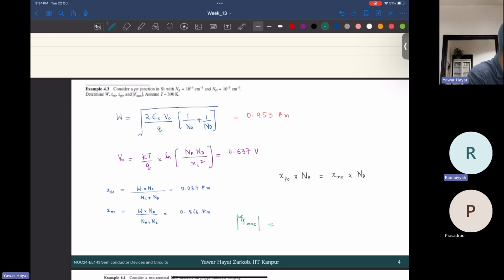Twice the built-in voltage divided by W, the depletion width. This is the built-in potential, yes, you can use that as well. And the reason why you are saying so is because,